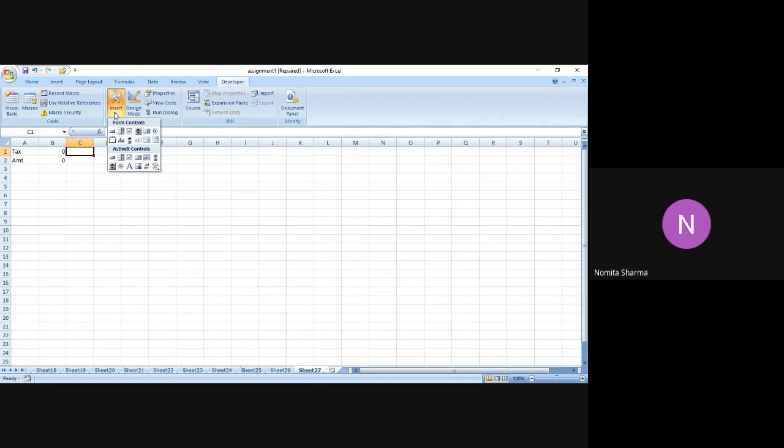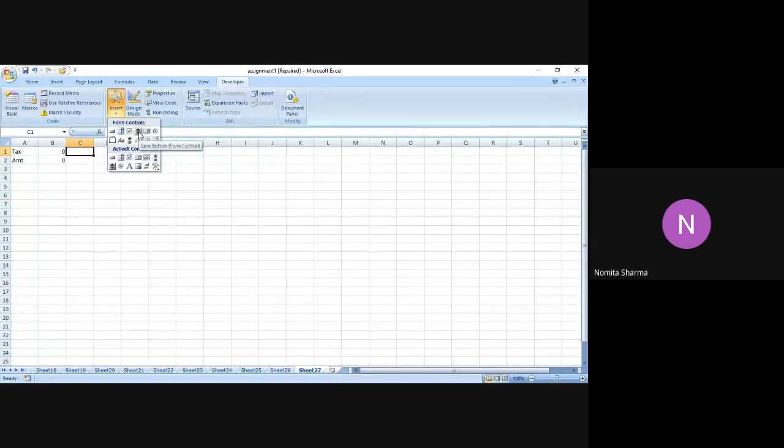And as you see, the moment you press your cursor anywhere on these symbols over here, you will see the name appearing with every symbol. So the very first symbol that you see is that of the button, that is under form control. Next is again of combo box, we'll do that. Next is of the checkbox. Next is that of the spin button that we have to use. And likewise, all these options are there in the form control. And then we have ActiveX controls as well. We will see that, but after we are done with the form control. So as of now, let's use the spin button that we got to work with.